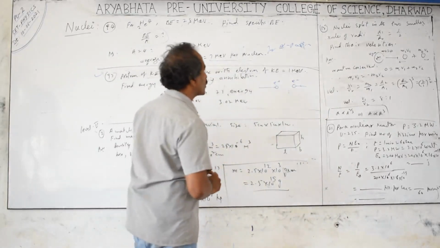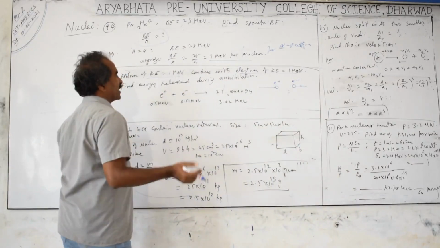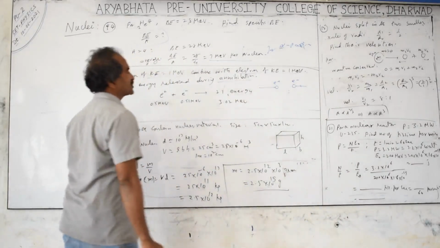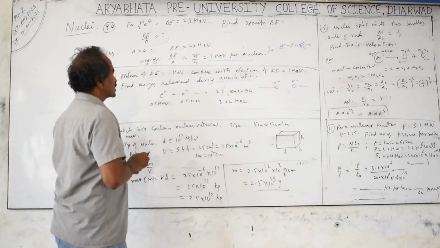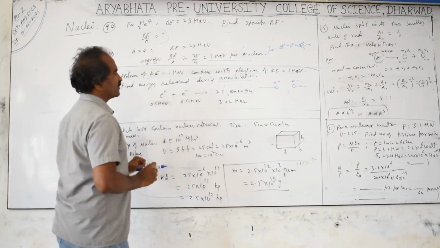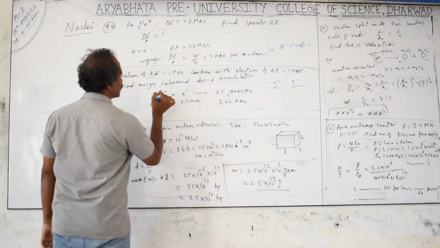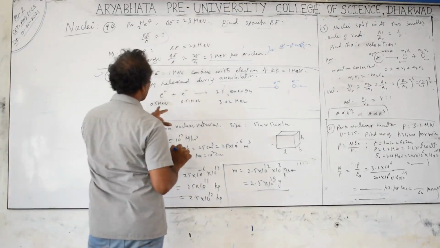Whenever the electron and positron combine, they lose their mass, meaning the total mass is destroyed and converted into energy. That is called annihilation. Annihilation is the destruction of the mass converting into energy, complete destruction. Now in this case, the mass converting into energy is E equal to mc square. Both the electron and the positron have equal masses but opposite charges only, unlike charges.